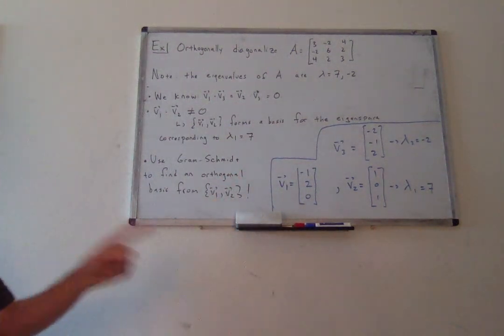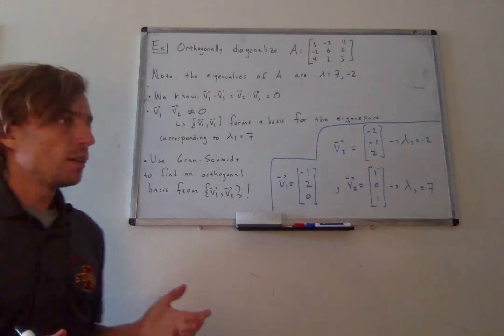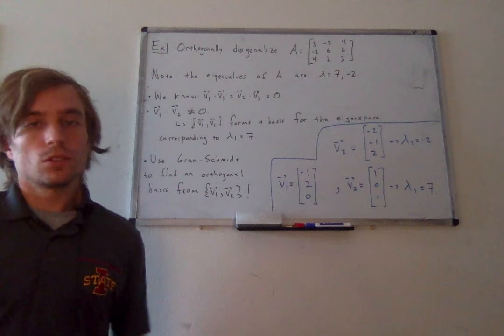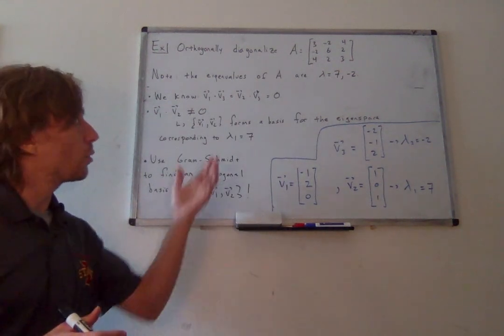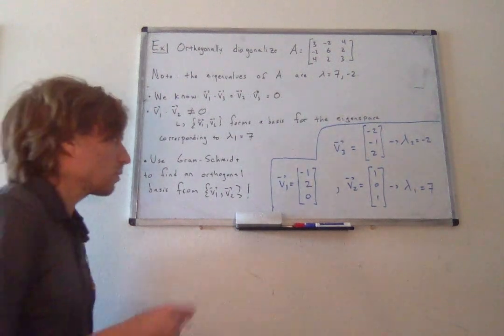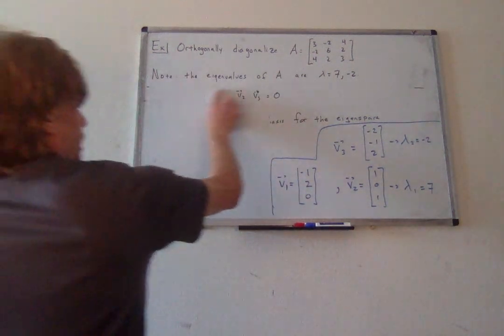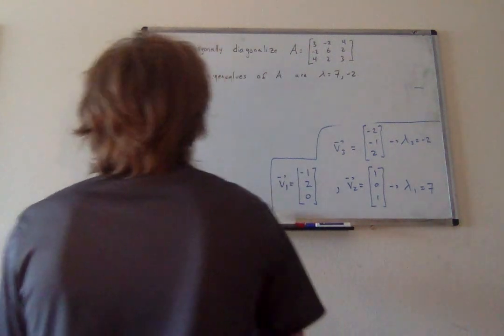So that is, take the two linearly independent eigenvectors corresponding to 7, use Gram-Schmidt to find two orthogonal eigenvectors corresponding to 7. And this is, in general, how you will orthogonally diagonalize a matrix that doesn't have n distinct eigenvalues. So we will now use the Gram-Schmidt process to find